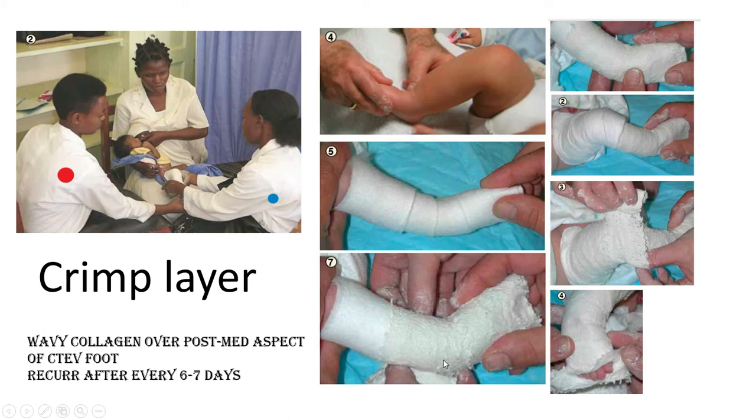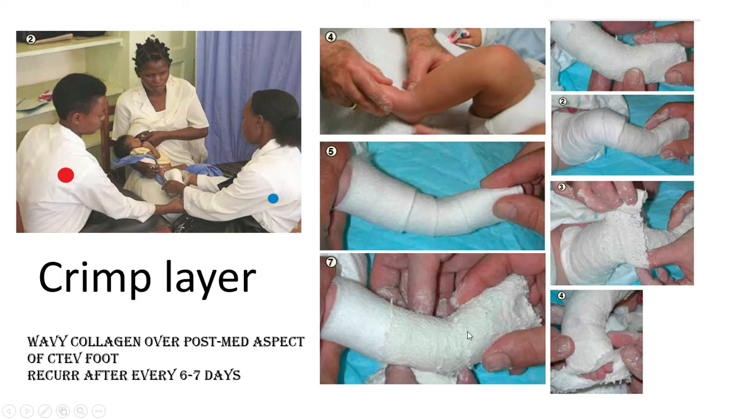As a result, the equinus will correct automatically. And during the reduction method, we should not touch the calcaneum, we should not do any manipulation over the calcaneum. We first do the reduction of the talus, then the reduction of the first metatarsal drop, and for the first plaster we just reduce the first metatarsal drop. In that first plaster we never do abduction. From the second plaster onwards we will do the abduction.